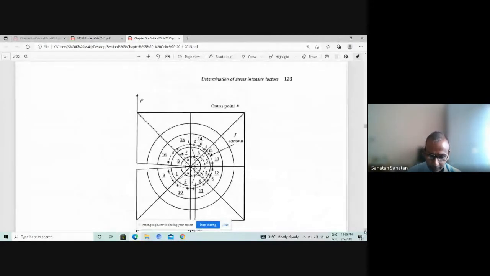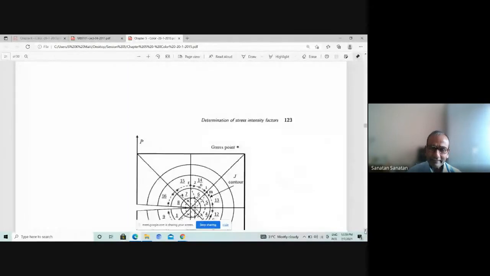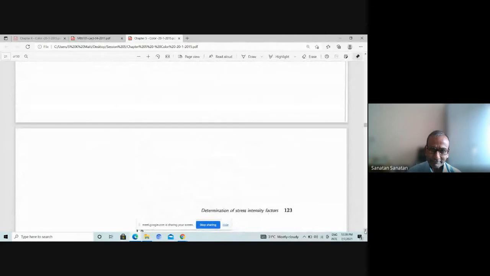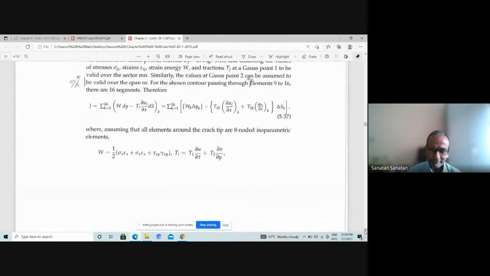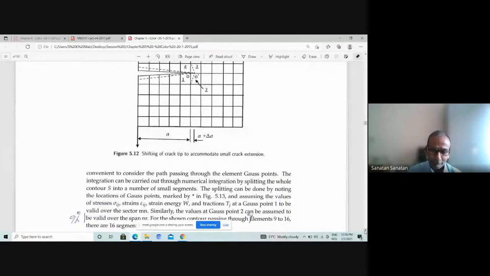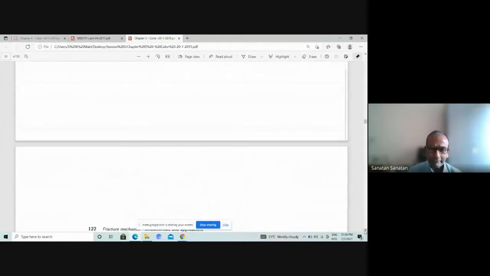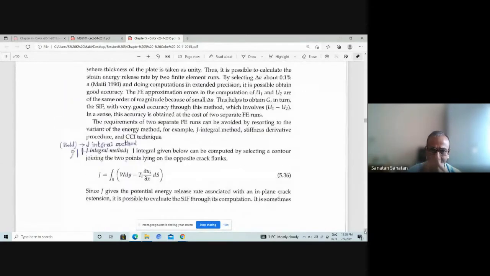So I would like to actually just spend time on J integral based method, because now we have given you a J integral, and therefore now I would like to make use of this time for the J integral method. So how do you actually get J? Already we have said that this J is equal to G. That strain energy release rate is J, and it is the same as J integral.